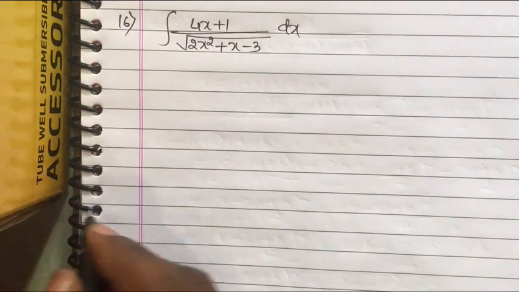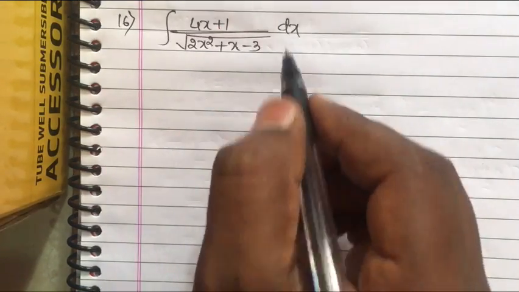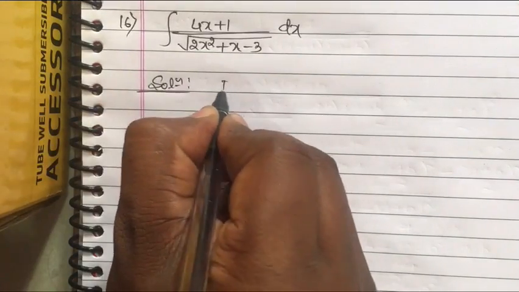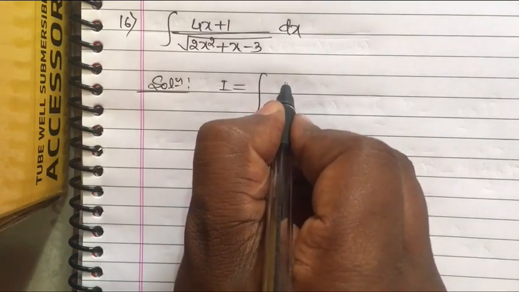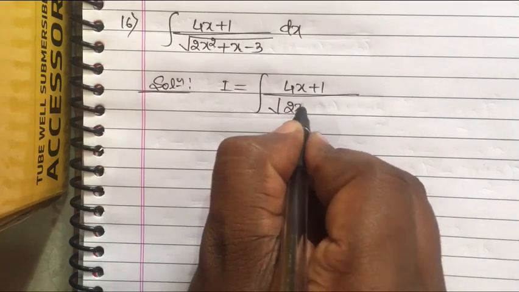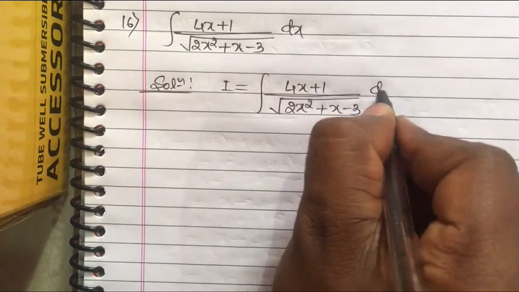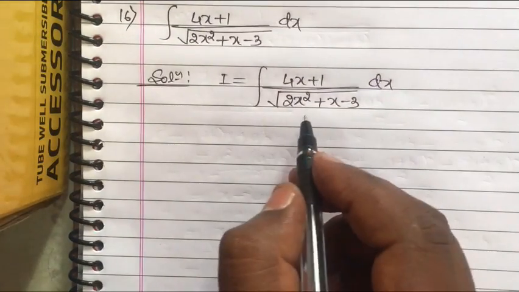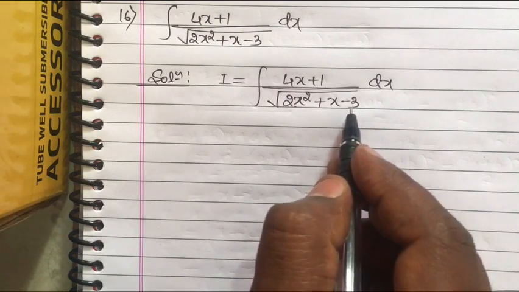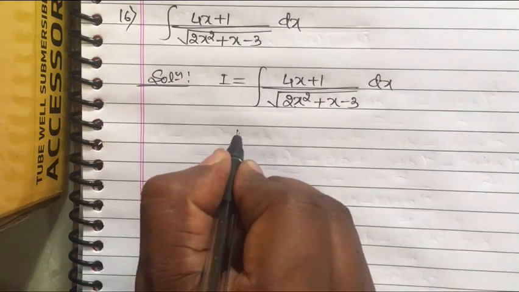Well, the 16th problem, it is integral (4x plus 1) divided by square root of 2x square plus x minus 3 dx. So I take this as I, which is equal to integral (4x plus 1) divided by square root of 2x square plus x minus 3 dx. So now let us go for the substitution here. Take 2x square plus x minus 3 as t. If we differentiate this, whose derivative is there in the numerator? So put